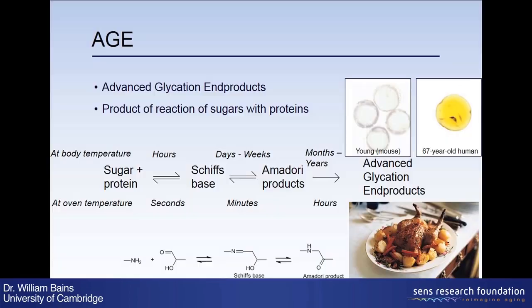Okay, the one I've not been talking about, and the one I think is most interesting from a point of view of aging. Advanced glycation end products. These are the products of the chemical reaction of sugars with proteins. There are no enzymes involved. This is just cooking chemistry, chemicals together to make them react. And there are several steps in the process, and I want to go through this in a little bit of detail because when we come back to treating these cross-links and getting rid of them, this is going to be really important.